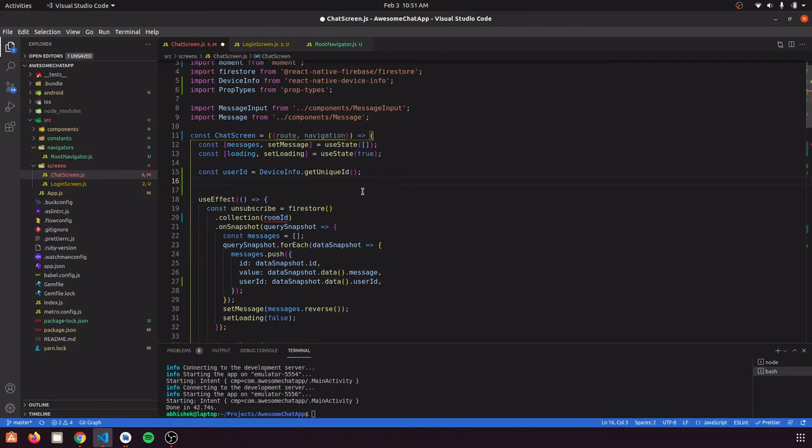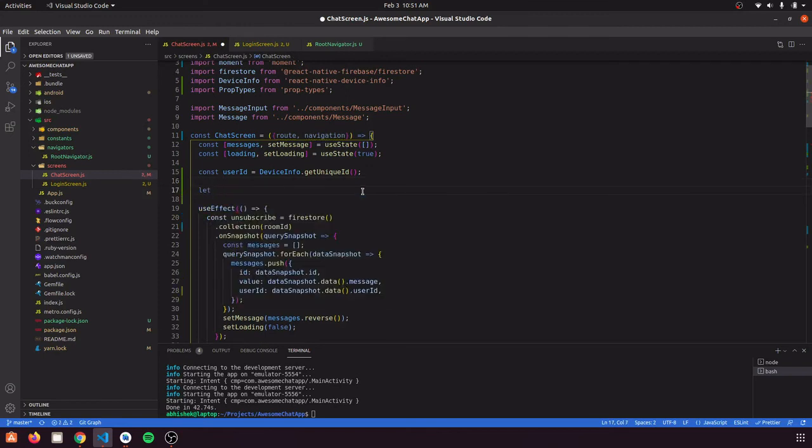So we are going to use a variable as let instead of const, because if no variable is passed, then we are going to open a chat that would be called general.